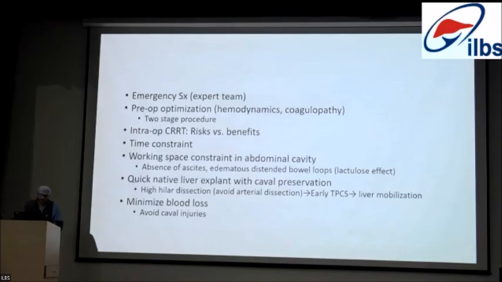But in stable patients, intra-op CRRT has its own limitations. Especially in children, it leads to hypothermia, which can worsen the coagulopathy. Intra-op CRRT can increase bleeding complications, the most important being intracranial bleed. Sometimes the tubing kinks or malfunctions, and it can cause thrombocytopenia and hemolysis. Because of prolonged CRRT pre-op and intra-op, it can even lead to hypophosphatemia, which can worsen new liver regeneration. So we have to balance the risks and benefits of continuing intra-op CRRT.